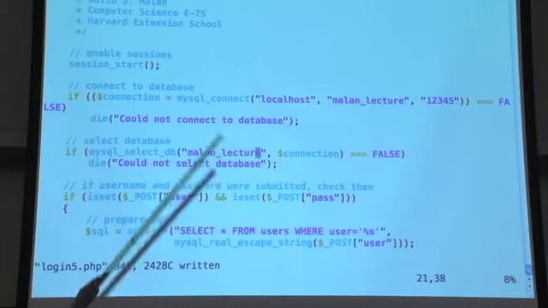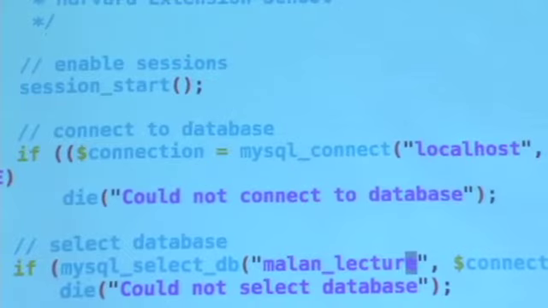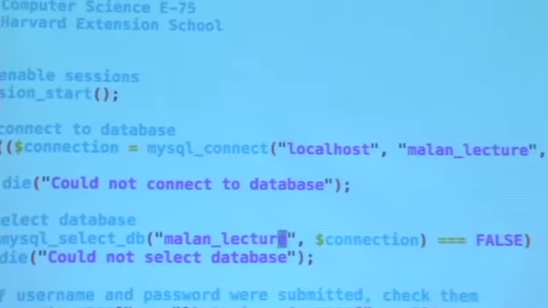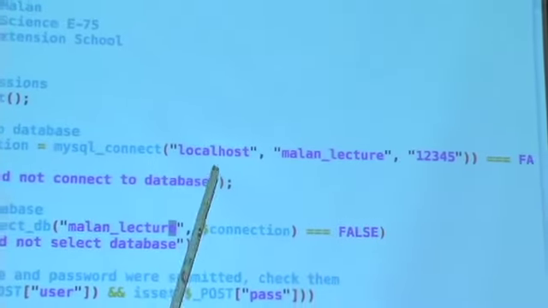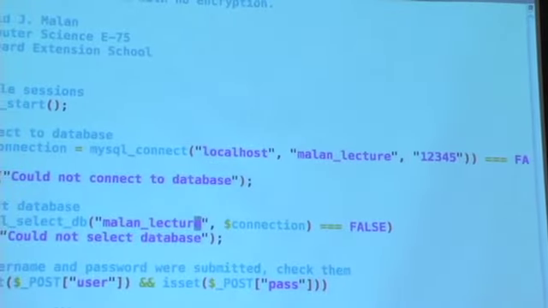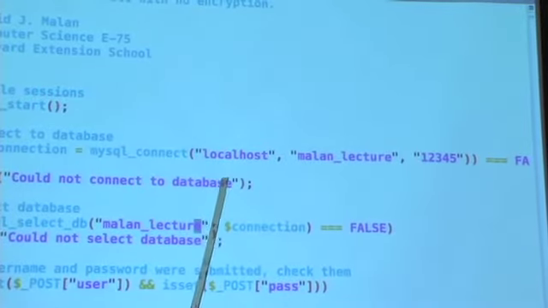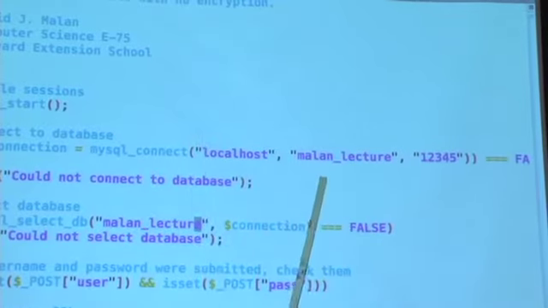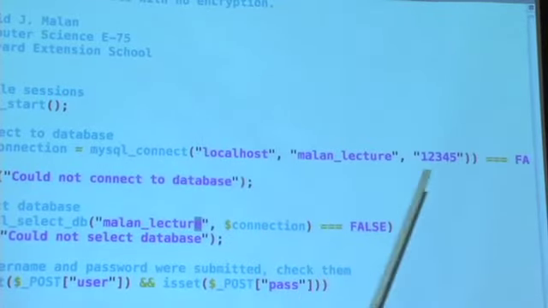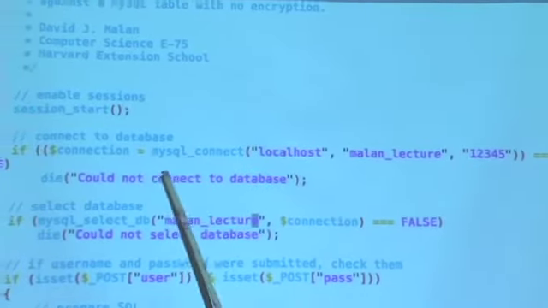So let's take a look. So here's a new function, mysql_connect. With the mysql_connect function, you give it 3 arguments, the name of the server to which you want to connect, the username to use, and the password to use. So what am I connecting to? In this context, the database I'm playing with today happens to run on the same server, cs75.net. So I'm connecting to the host name called localhost, aka 127.0.0.1. The username I created in advance tonight was called malan_lecture. The password I gave to this account was 12345,